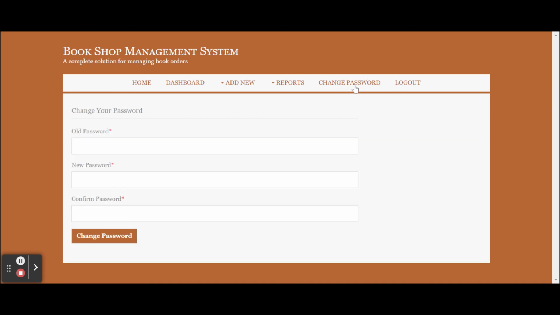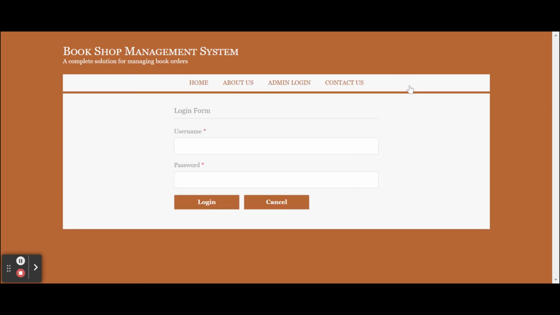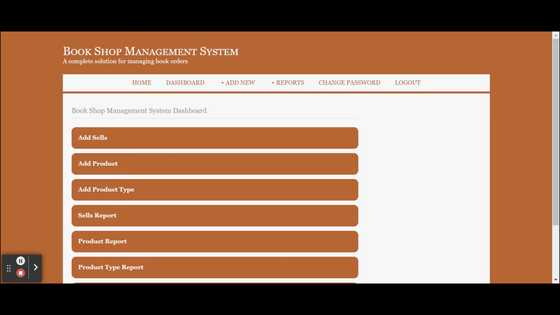This is a change password. From here you can update your account password and log out. Once you click on the logout, the above administrative menu will not be displayed, and you will not be able to access the internal pages. So once you click on the logout, you can see the above administration menu is not displaying. To access the admin menu, you need to log in inside the system first. And this is a session driven menu, and it's rendering according to the session, right?